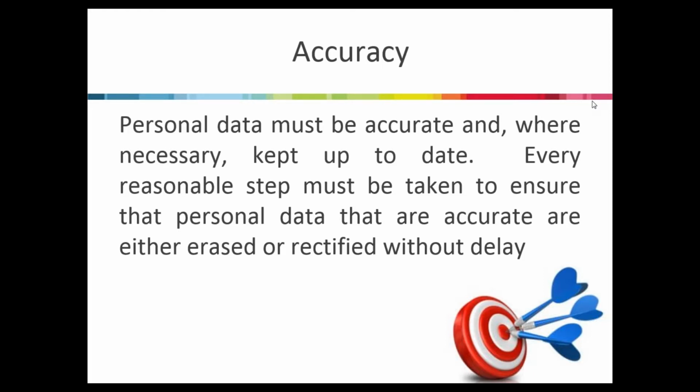The Information Commissioner's Office gives the example of payroll records and a one-off order with an organisation. The payroll records will need to be kept up to date so that employees can be paid. However, whilst the organisation may wish to keep a record of the order for accounting purposes, it would not make sense to keep going back to the customer asking for their latest address if it were a one-off order. Their information was accurate when it was recorded, and there is no need to keep it up to date.